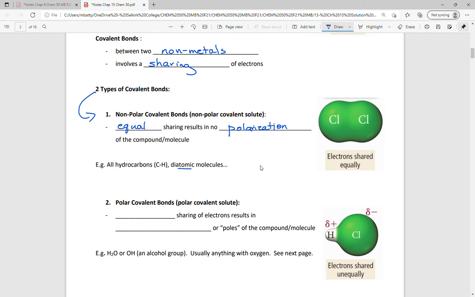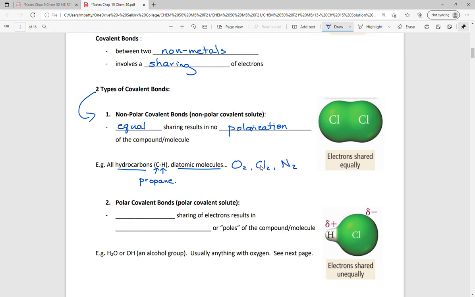So obviously all the diatomic molecules, so oxygen, chlorine, nitrogen, any of the diatomics, or any hydrocarbon. The electronegativity difference between carbon and hydrogen is not enough to bring polarity to hydrocarbons. So hydrocarbons, think anything that typically burns. Propane is an example